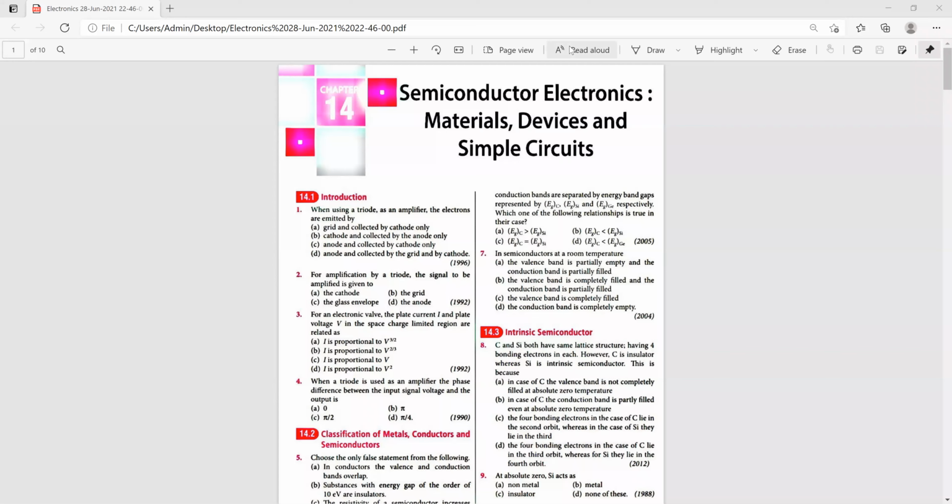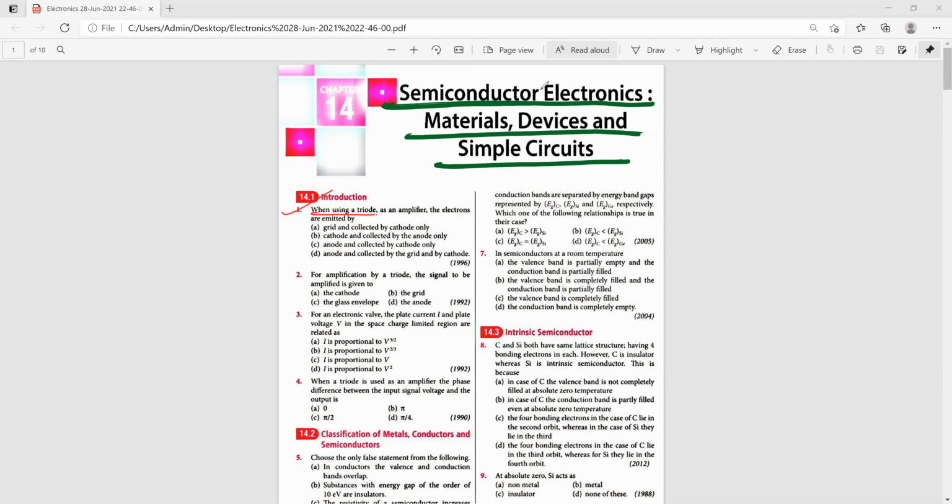So today we shall solve some of the questions based on the chapter Semiconductor Electronic Devices. So first question,